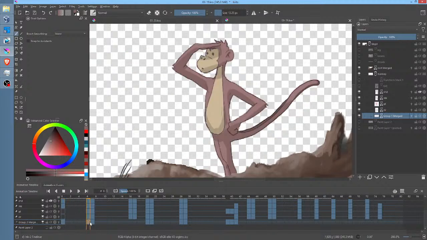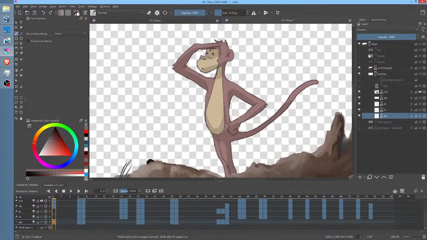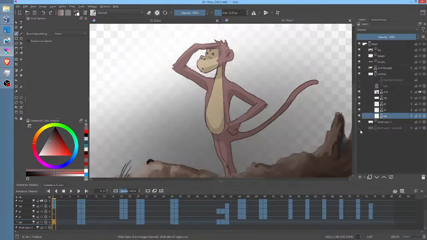So now I'm going to go back to this particular frame and delete that keyframe because it was already kind of baked in. And now we'll rename that tail. And I think we're good to go, friends. So let's start turning our layers back on.